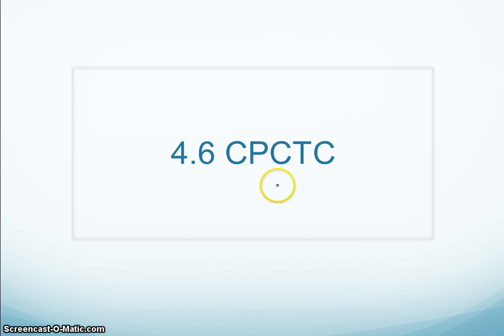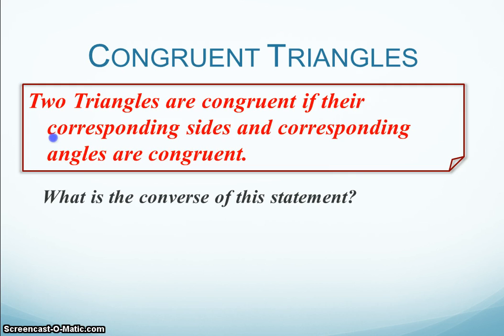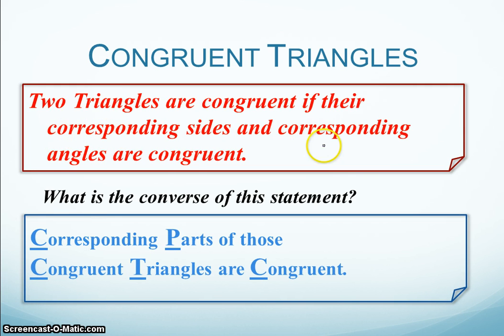Okay, so now we're officially in section 4.6, which is on CPCTC. And what CPCTC stands for is that if two triangles are congruent, then the corresponding sides and the corresponding angles are congruent. So corresponding parts of congruent triangles are congruent. That's where the